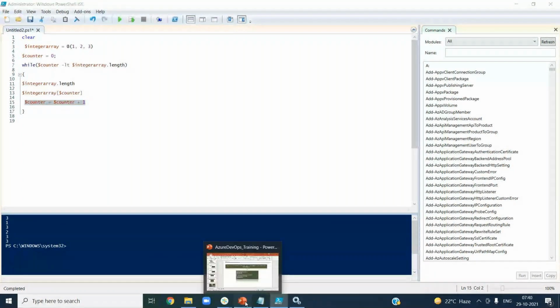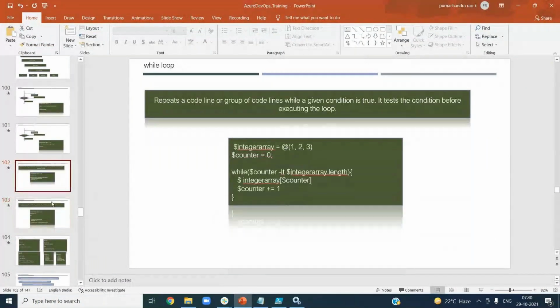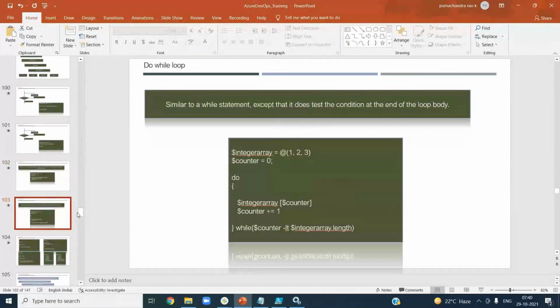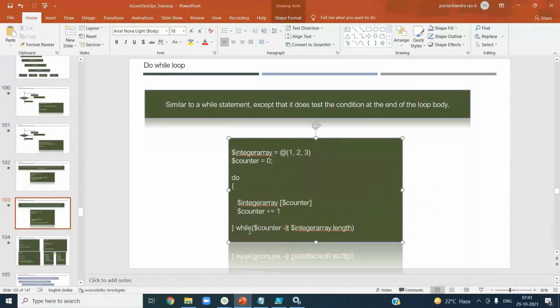Okay, similarly you have your do while loop. The only difference between while and do while is, in while you do the condition first, in do while you do the condition last. So that means the logic inside your do block will get executed at least once. You can see this one, while came to the end of this loop, not before this. That's the difference.